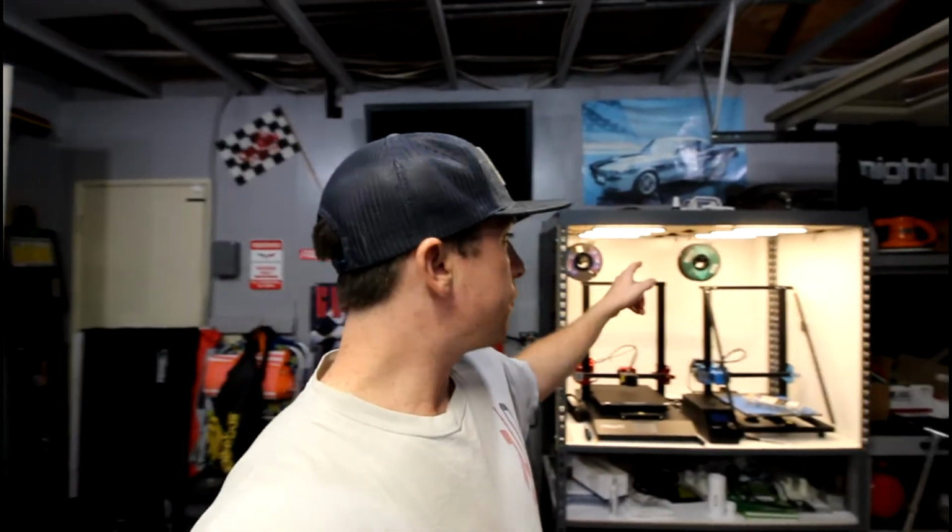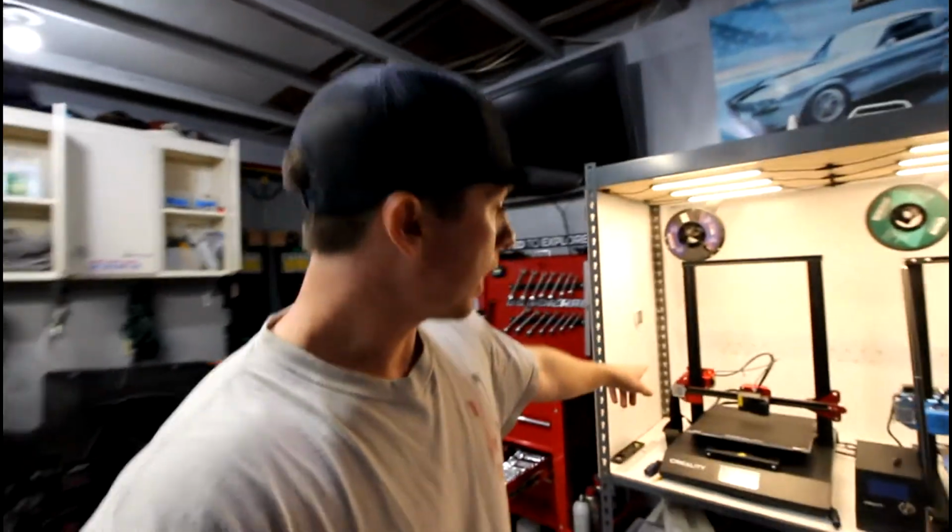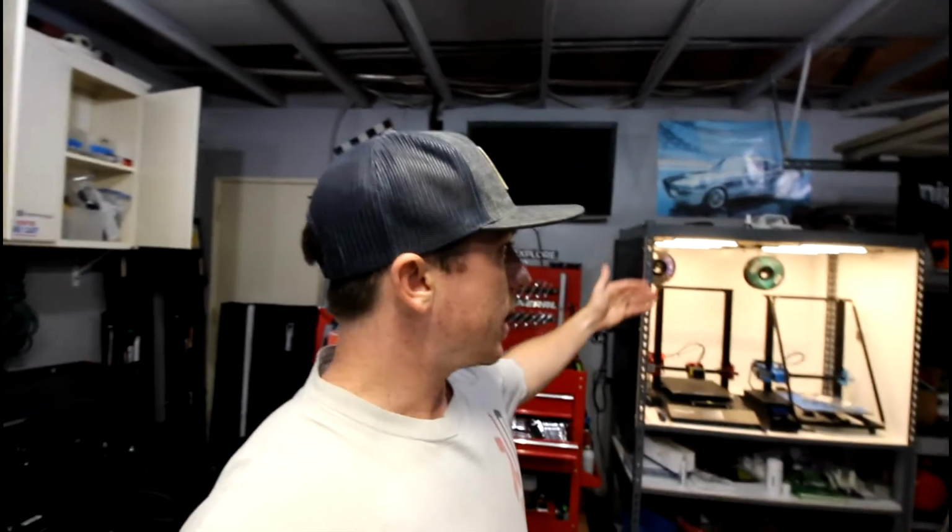We've got the filament spool holders mounted to the ceiling of the enclosure, and then we've got the hygrometers mounted to either side of the enclosure as well. So basically, in the last video of this series, it's going to be a 3-part series, I'm going to install the ventilation system, which I'm figuring out exactly which parts I want to order. The main reason why I'm splitting it up into a 3rd video is I need to figure out exactly how I want to do the front of the